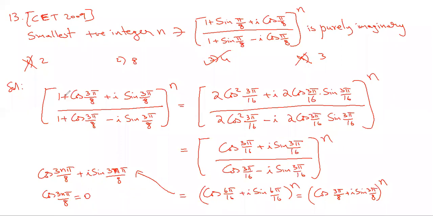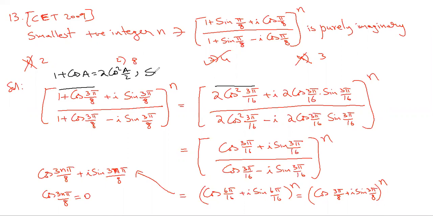Here the formula that I used is 1 plus cos A equal to 2 cos square A by 2. That's the formula I used here. So I replace 1 plus cos A with 2 cos square A by 2. About this formula, you learn in trigonometry. Just know that this formula is there in trigonometry.